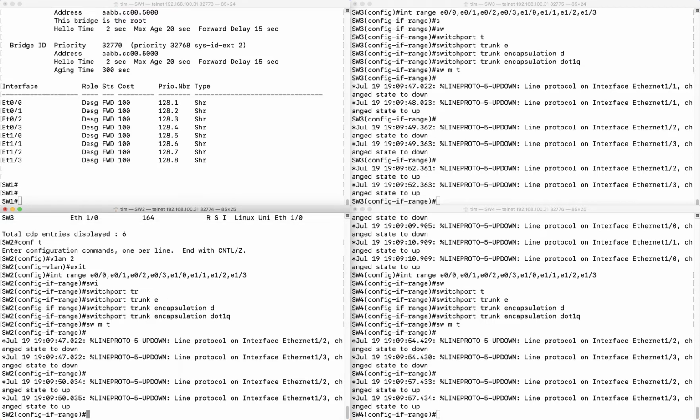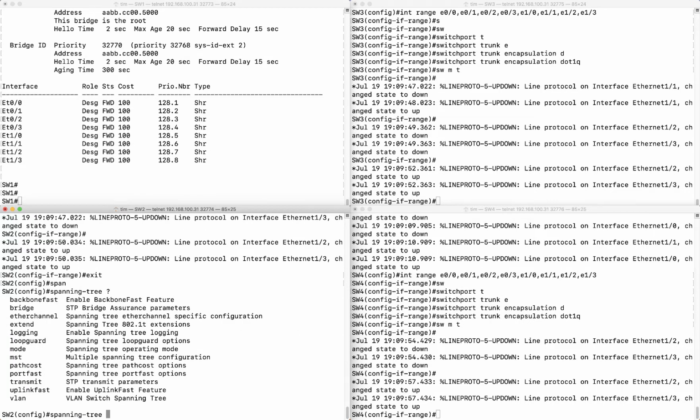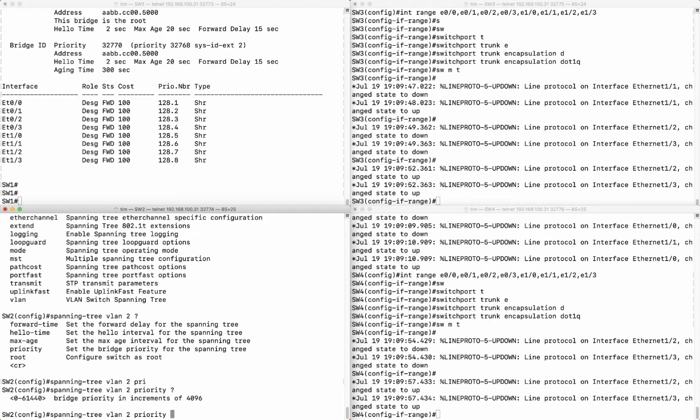So one of the cool things we can do is come over here and type spanning tree question mark, and we have a lot of options. So spanning tree VLAN 2, we can specify the priority. Now once again, the priority was that 32768 we saw before. Specifying a lower priority will make that device a lower bridge ID and make it the root, in increments of